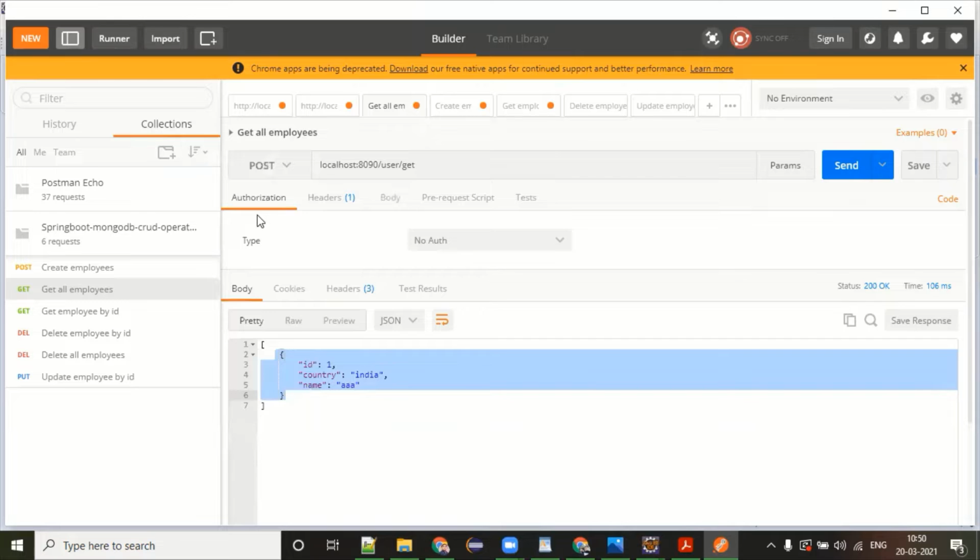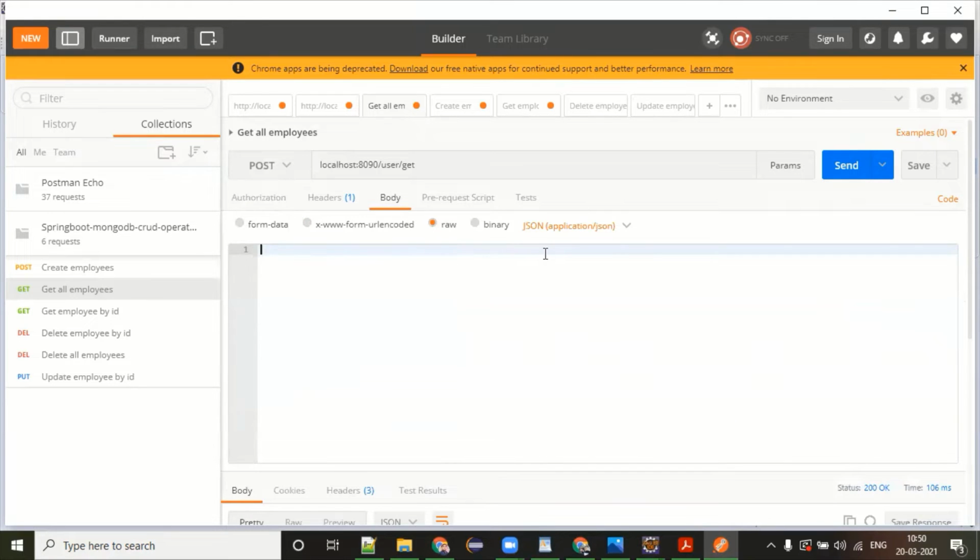Change to post. Under the body, I have to define country name and country ID. I'm giving two. In fact, even if I don't give it, I hope it should work because I have given the auto. And Japan, BBB.